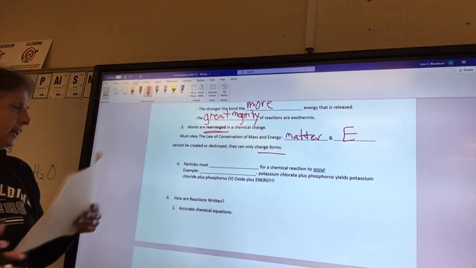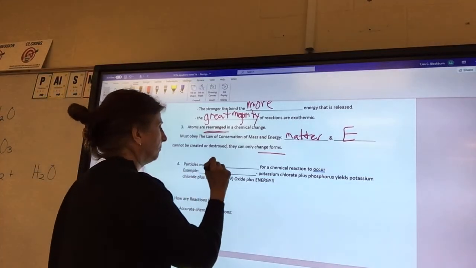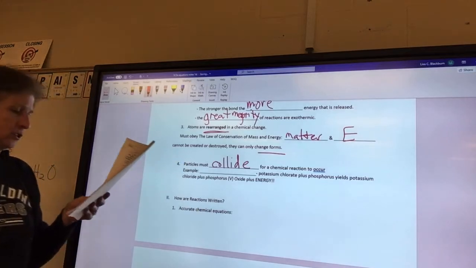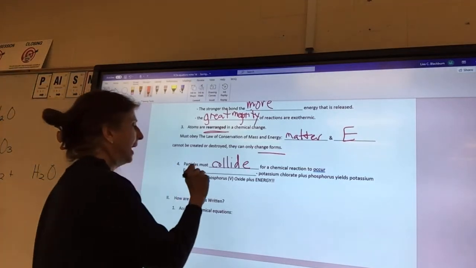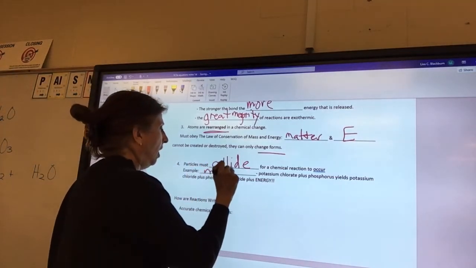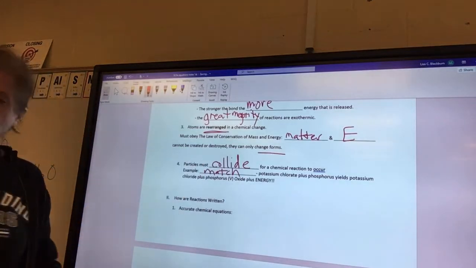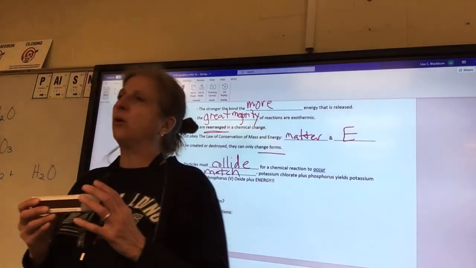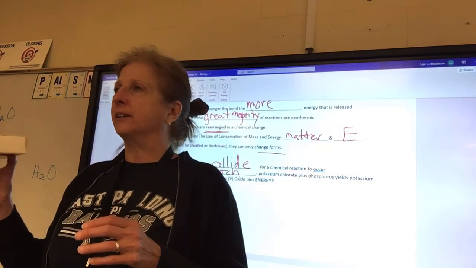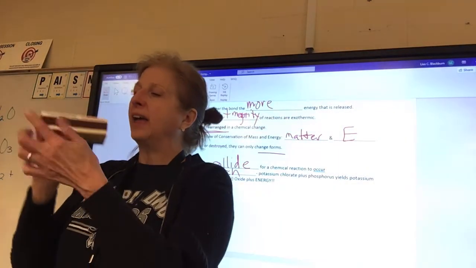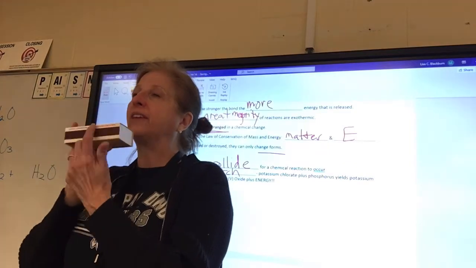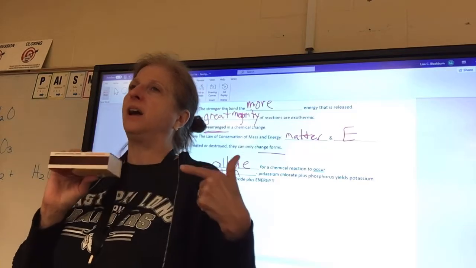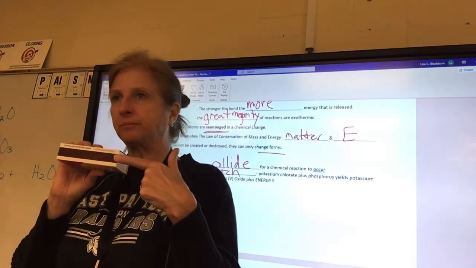And then the other thing is particles must collide for a chemical reaction to occur. The example was the match. Are we worried that the matches are going to just start burning? No. They have to come in contact with this chemical. This is a chemical. And the two chemicals must come in contact for the reaction to occur and for the